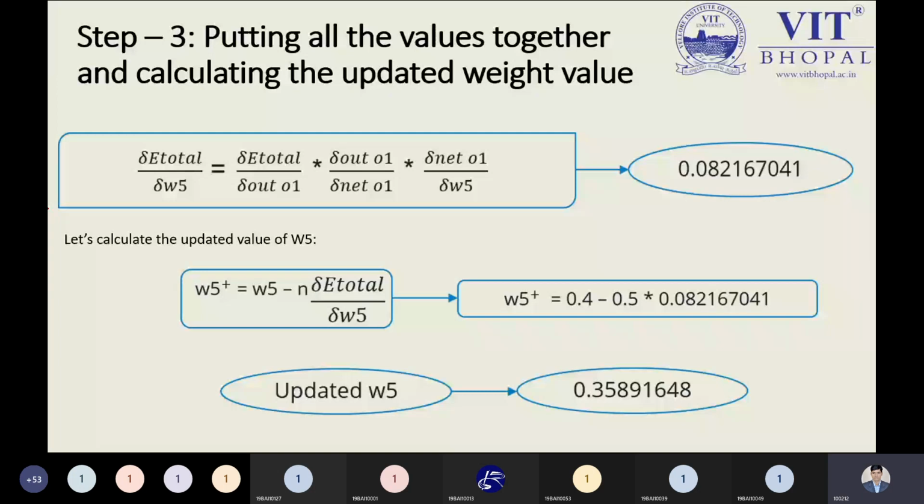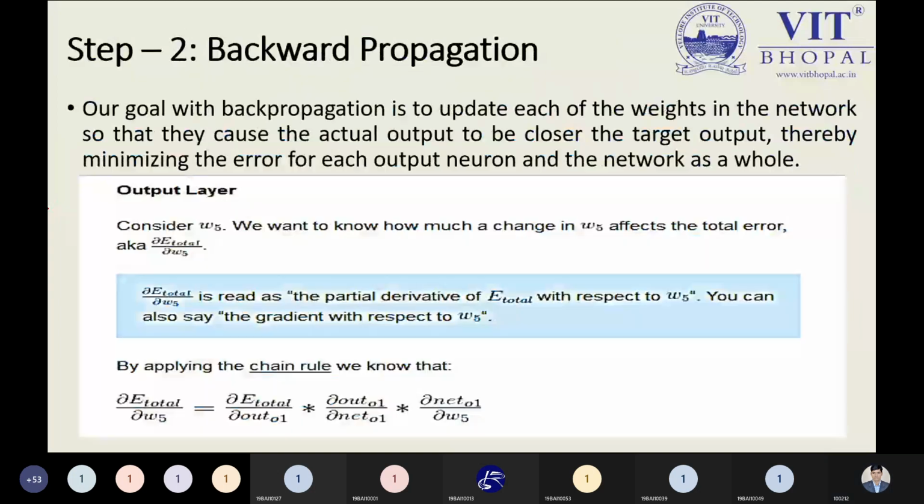But how can we solve this problem? As I told you 2 minutes back, you have to calculate the partial derivative with respect to each and every statement, each and every variable as we have used. And we have to use the equations as we have used in the forward propagation. That is the point you people are required to keep in mind. And ultimately, you are required to put all these values in to calculate the updated weight of our W5. Keep in mind here we are updating the weight. So what was the updated weight of our W5?